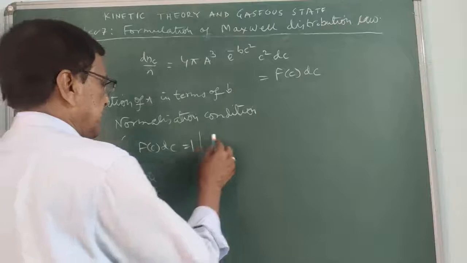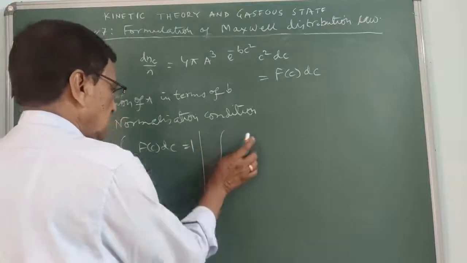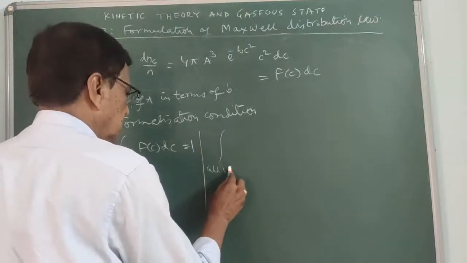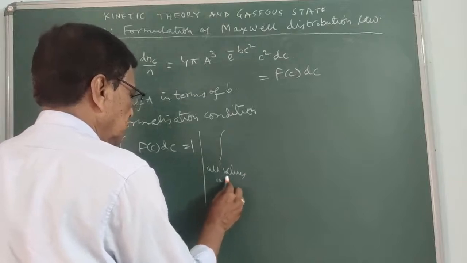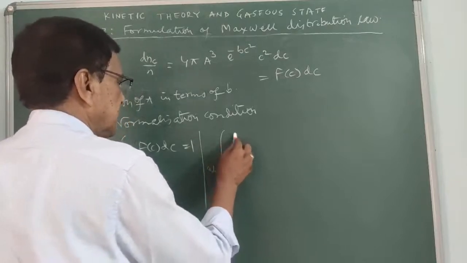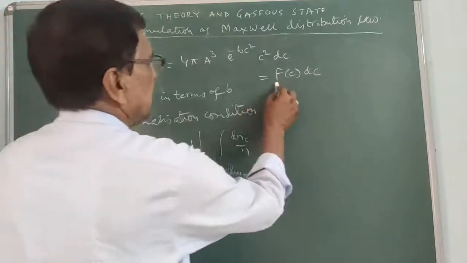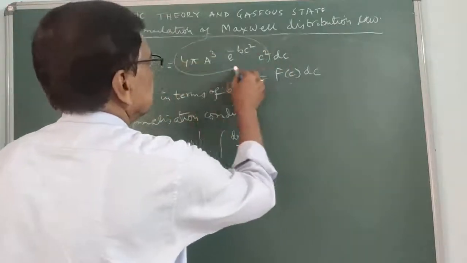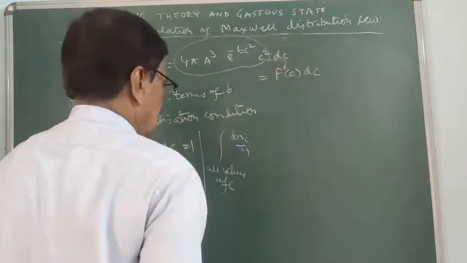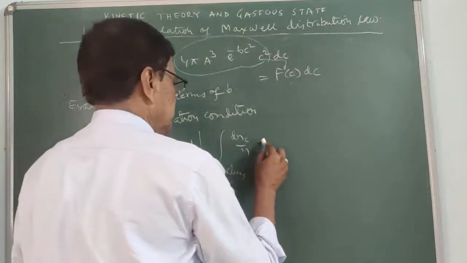It means that from 0 to all values of c, dn_c by n, instead of f(c), we write this one,